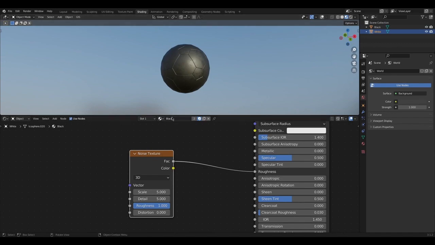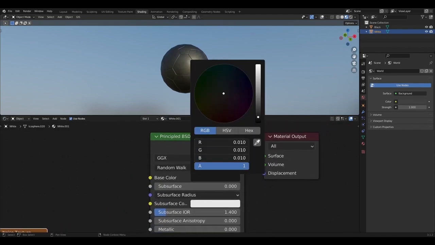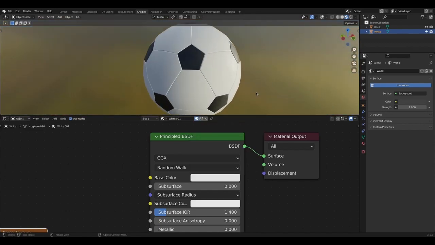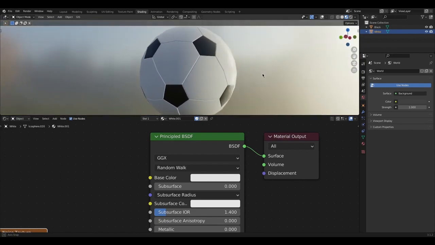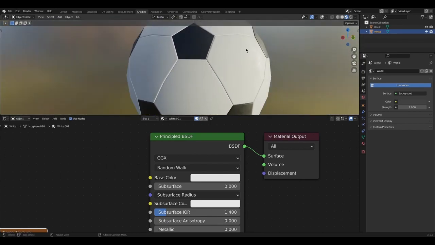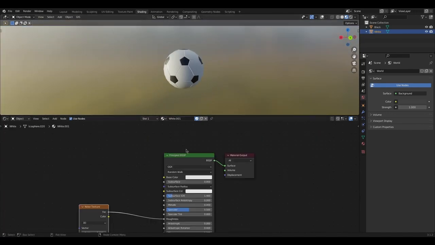So now we want to be in white. Go back to white and just change the base color. So I don't want it to be 100% white, kind of the same concept as what we did with the black. I want it to have more room for shadows and highlights. So I'm going to do 0.75, which is actually pretty white, but see now if we go here, you can see on the side there's like some noise, right? But it looks good, looks real. You can always tweak it a little bit,